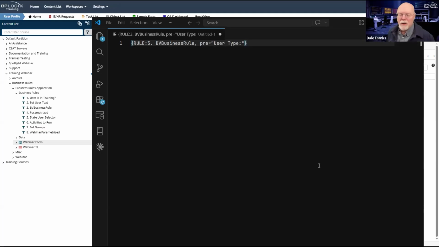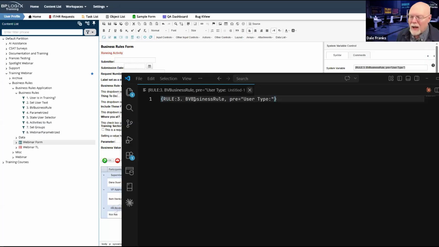So I am, again, using a business rule system variable. And that business rule system variable is called BV business rule. Now, because I am using a system variable to return the rule value, I always have the pre and post formatters. And so hence I put in a pre-formatter of user type : I probably should have added a space there.